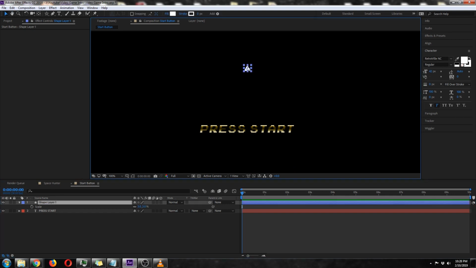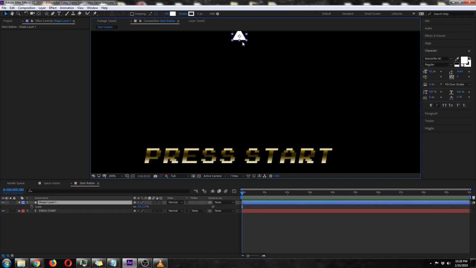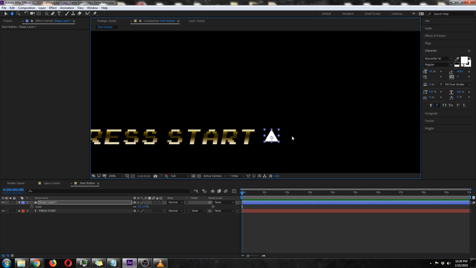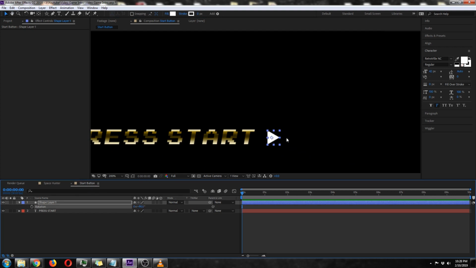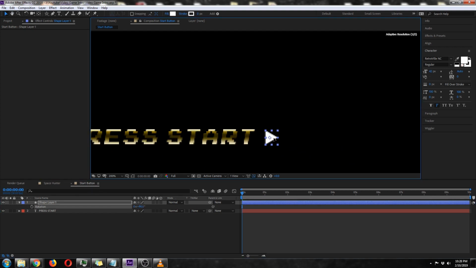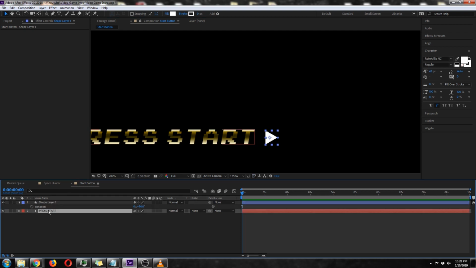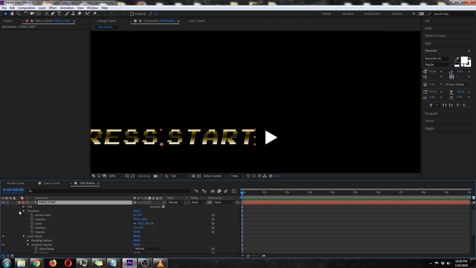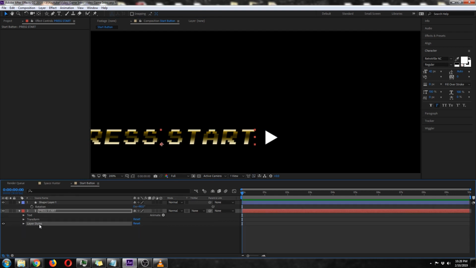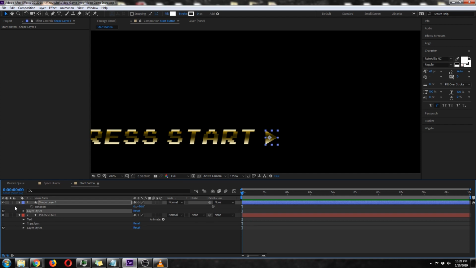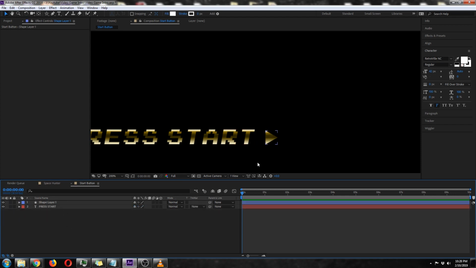Grab the shape layer. I'm going to rotate this 90 degrees, like that. Maybe right about there is good. And we'll go ahead and grab this layer style. The layer styles here, just go ahead and copy it, Control C, and then just paste it onto the shape layer. And there we go. Actually, we can